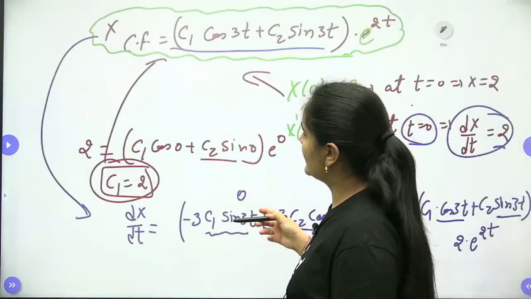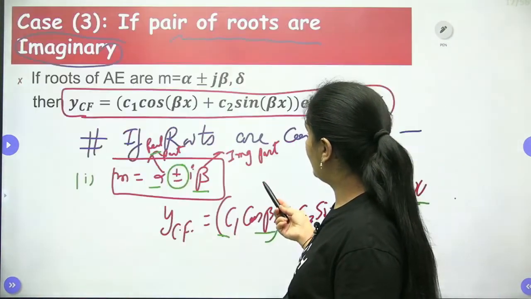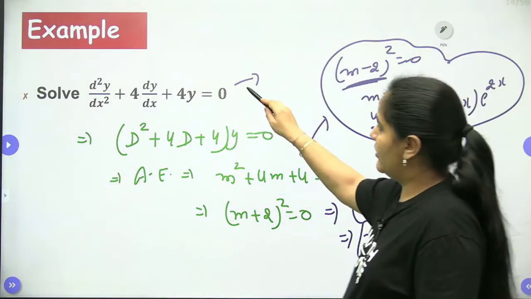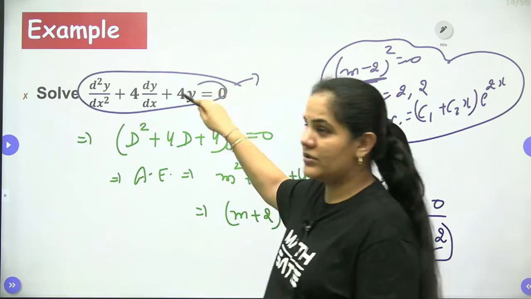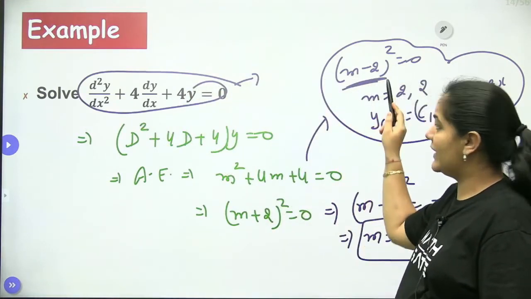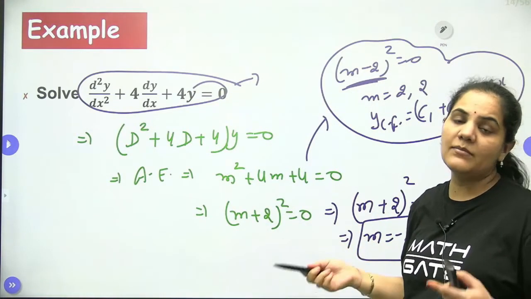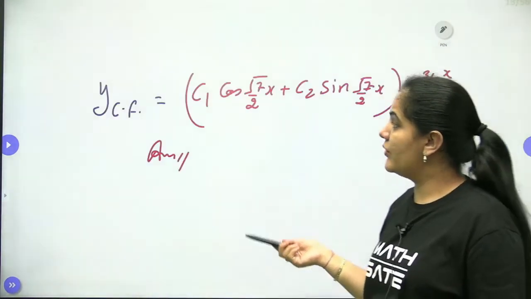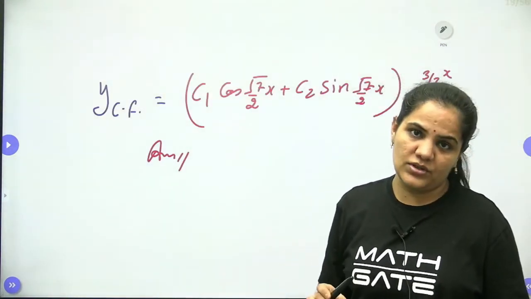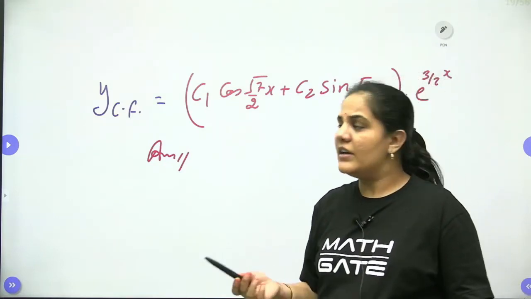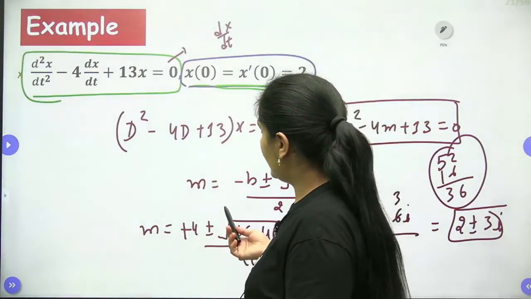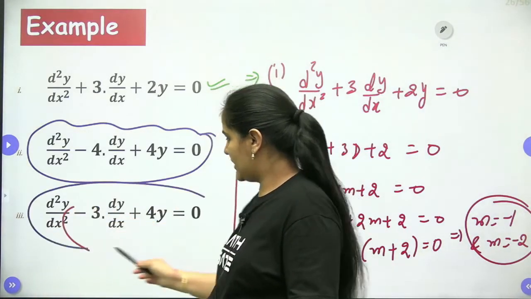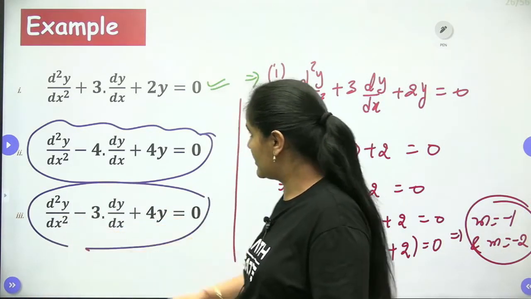Let me show you where we discussed this. That time I approached that question. Yes, look here only. When we discussed this example with the positive part, I already showed you the negative part also. If m minus 2 comes, what will be the result? It will be the case of real and repetitive roots, real and equal roots, right? We can see, yes, exactly. So let's come to the next example. Okay, let's have a discussion on this one.